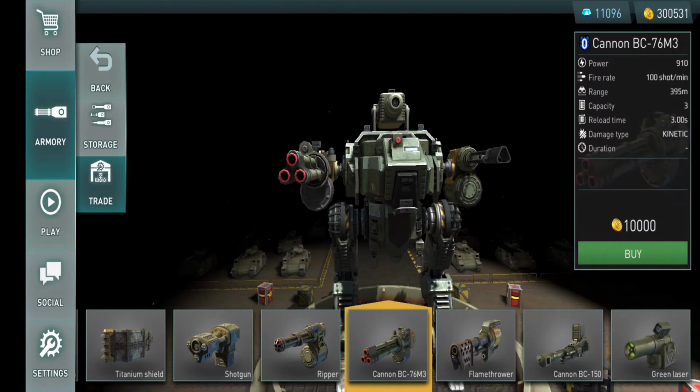Next up, we have the Canon BC76M3. The Canon BC76M3 fires 3 rounds, so it's 1, 2, 3 shots, and then you'll have a reload time of 3 seconds, and then when you shoot again, you go 1, 2, 3, and then again you'll have that reload time. What you do have to keep in mind here is that in between shots, you will have to adjust your aim